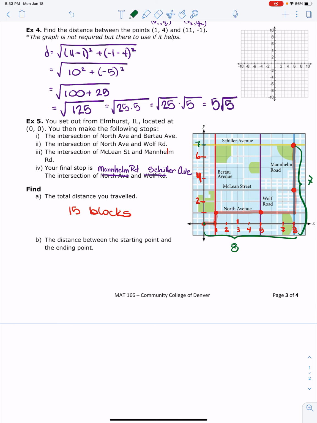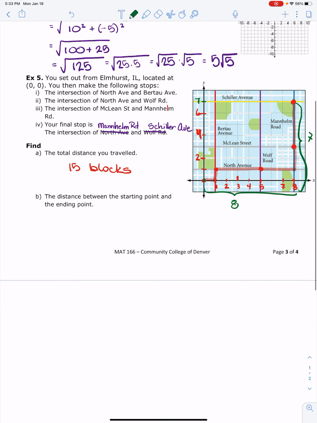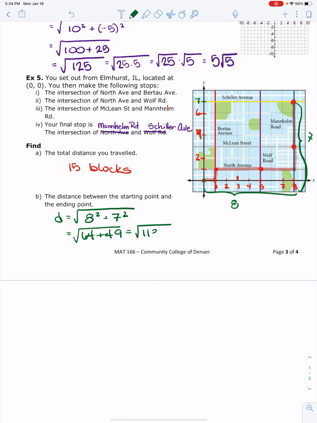If I can count out the lengths of the sides, I don't necessarily need to do the x sub 2 minus x sub 1 and y sub 2 minus y sub 1. So my distance is 8 squared plus 7 squared. We want the square root of that, which gives me the square root of 64 plus 49, which is the square root of 113,